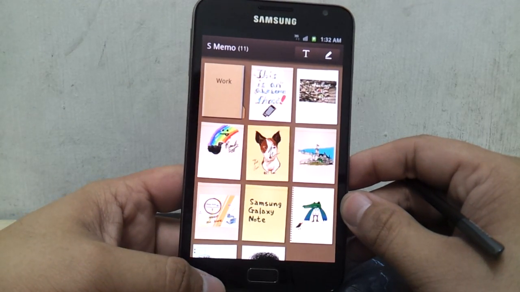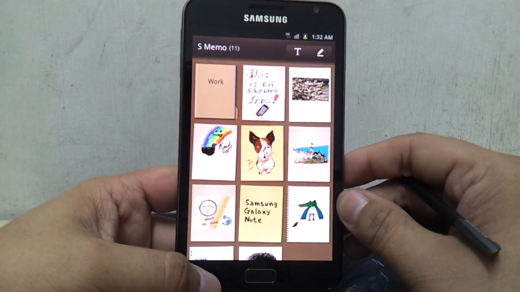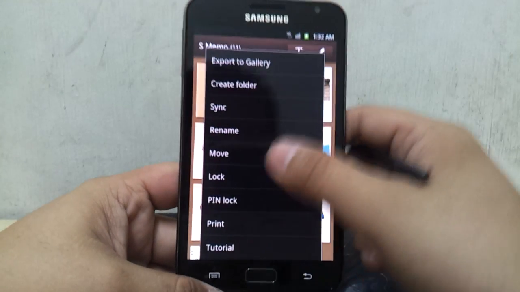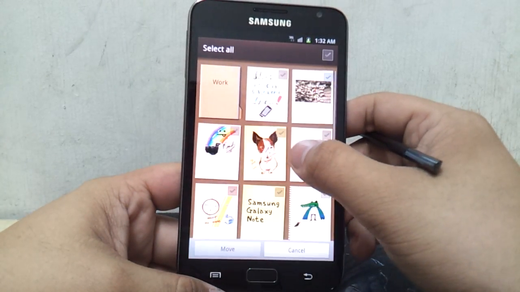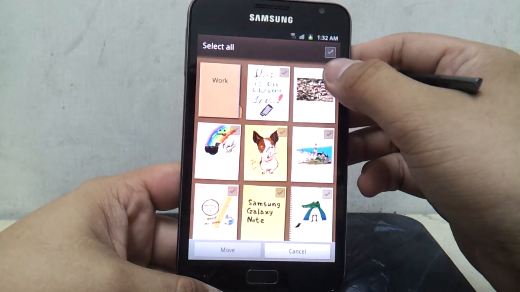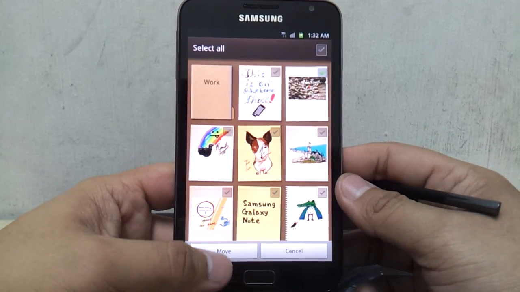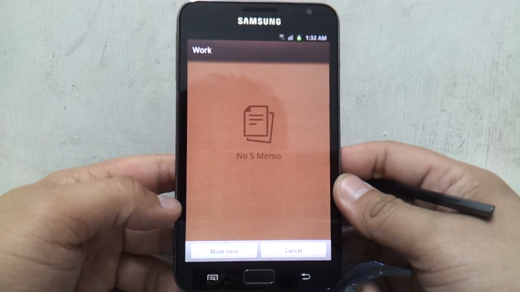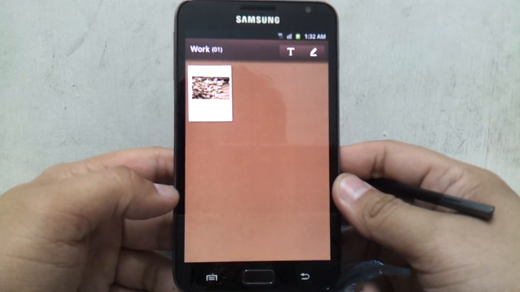To move your memos into the folder, just use the menu button, go for more, select move, choose the memo that you want to move, and select move to work, move here, and it will